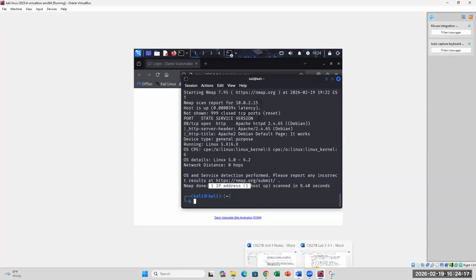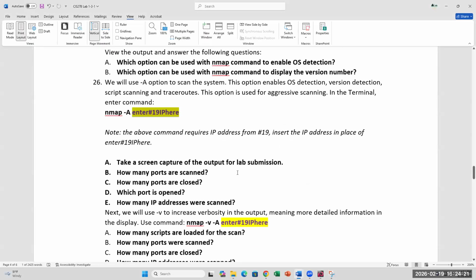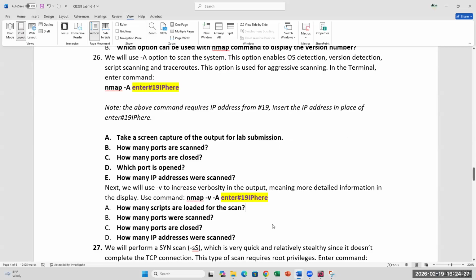Okay, one more and then we'll pause. Okay. All right, so take a screenshot, answer the question. Now what we're going to do is we are going to increase verbosity. So when we say verbosity, that means that it shows text. So if you want less text or more text summarized,